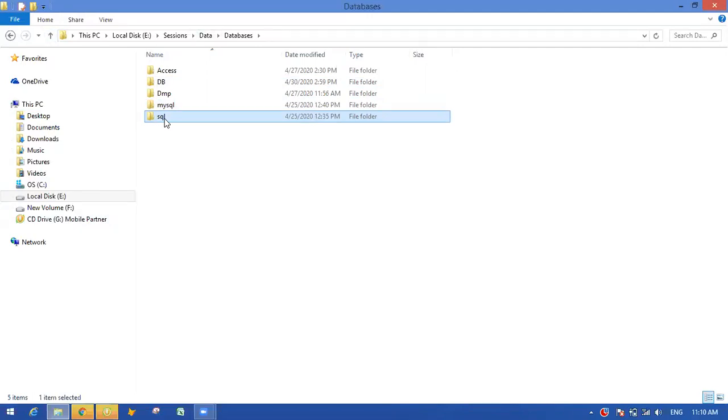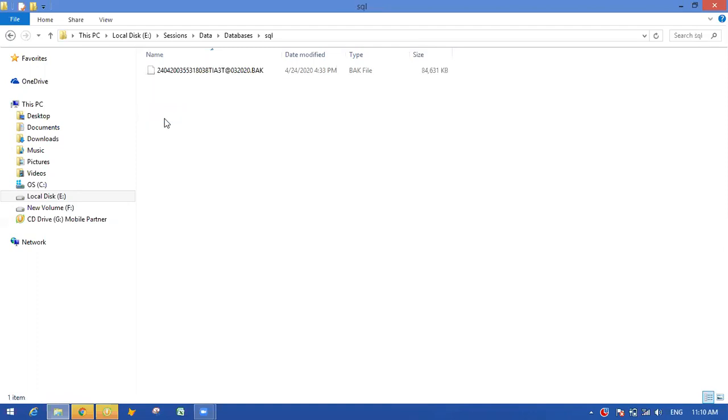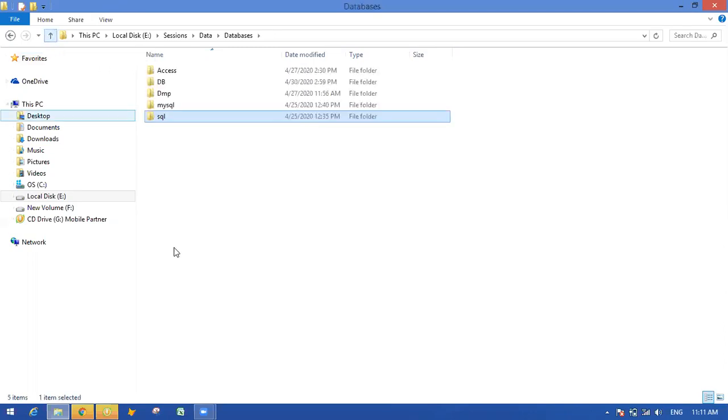And SQL: in SQL we have the .bak backup. If you find the .bak format, then you must understand this is related to the SQL type. So these are the backup types which you will find later on, or you must be aware of.